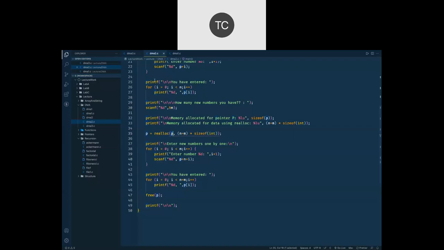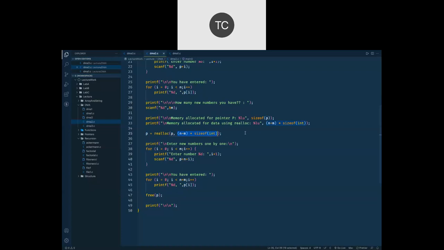If you have gone for p++ earlier, then you cannot pass p. You have to decrease that p and then you can pass the p variable. So realloc will have as first parameter the existing memory block address, and the second parameter is going to be the new memory block size, what amount of memory you require now.